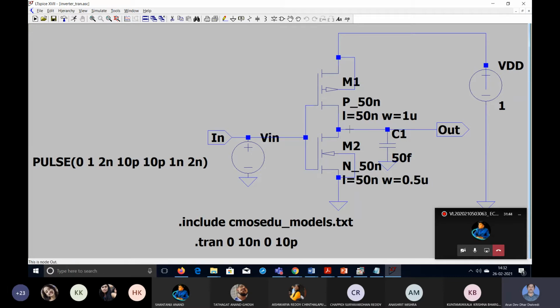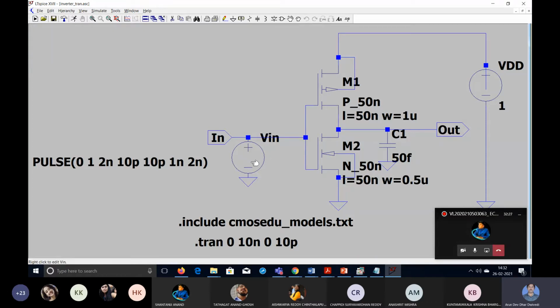From this common drain, there is the output. We are taking output, and there is also a capacitive load. The value of the capacitor is 50 femtofarad. So one output port is created, and for the input we are providing input at the common gate point. This is the voltage source connected to the input port, and the source name is given Vin, and you are taking output at this point. Obviously the body of the PMOS is connected to the highest potential point, the body of the NMOS is connected to the lowest potential point, and this source is modified. Previously it was a DC source.